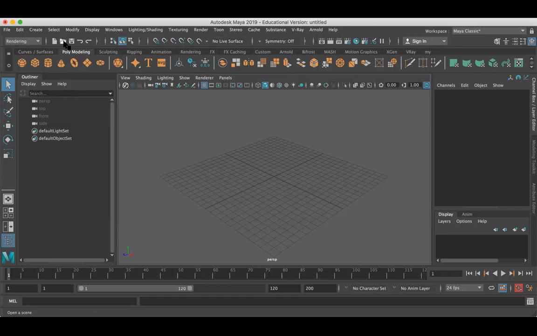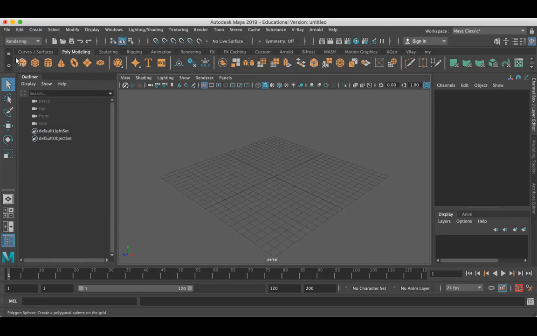These things we always use with shortcuts. You know that to save the file we hit Control S, so we don't need these tools. If you want to undo, we hit Z. Previously in other software, you have used Control Z, right? But in Maya, it is Z. So the next one is the shelf.